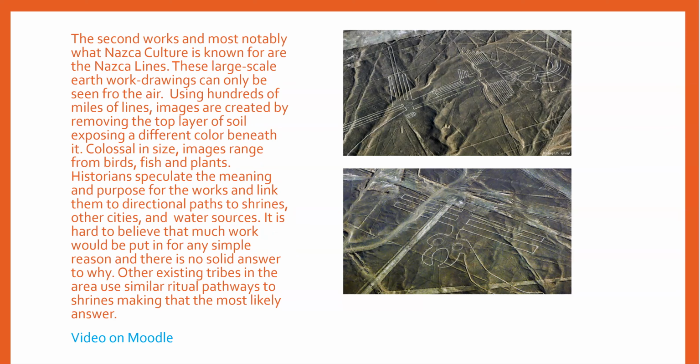The second thing that they're most notable for is what's called the Nazca lines. These are very large-scale earthworks that are drawn on the surface of the Earth. And what we're seeing is the view from an airplane up above. And in specific valleys, over 200 of these have been documented. What's interesting is that the soil is very dark, but if you just remove a couple inches of soil, there's a white crust underneath that soil. So it makes a really good contrast.